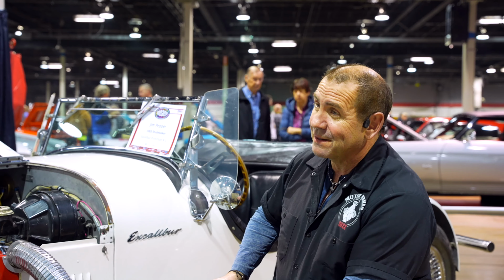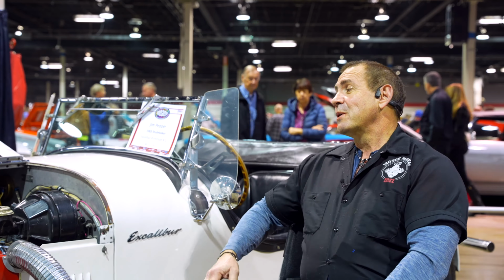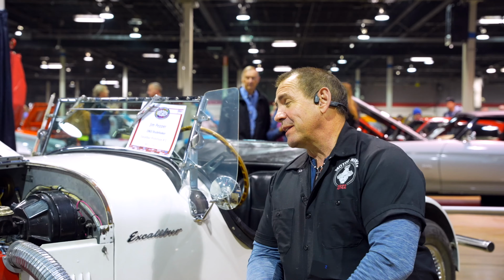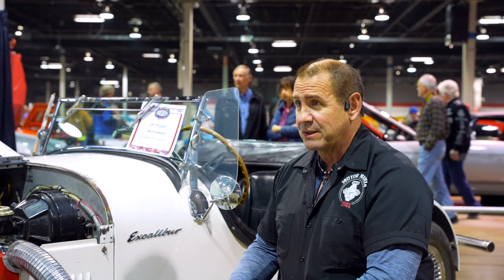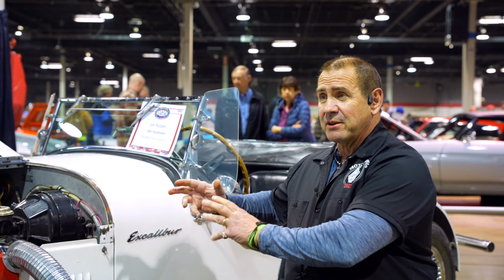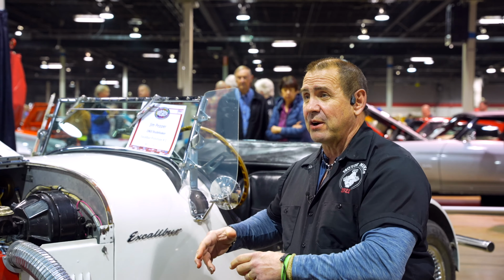Negotiated through the Studebaker contract with GM. So it all came together as a stroke of luck and genius combined. So that's what started this car. And then, as the story of the Excalibur progresses, the designer or the lead designer of the car, they